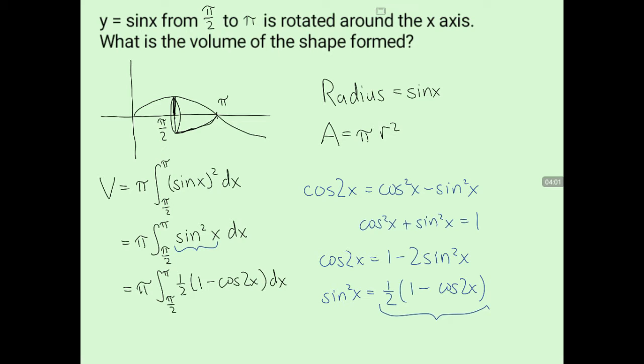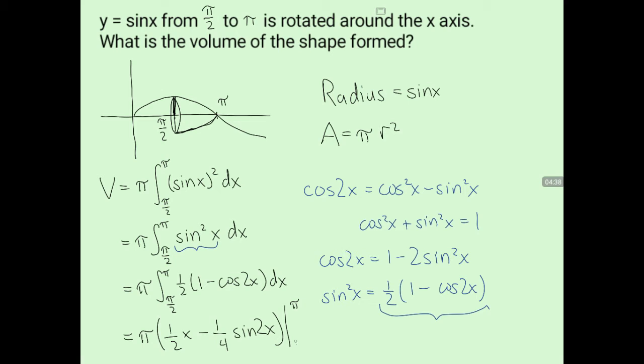Now if we take this integral, we are going to get pi times 1/2 of x, minus, well, the integral of cosine 2x is 1/2 sine 2x, so 1/2 times another 1/2 gives us 1/4 sine 2x,